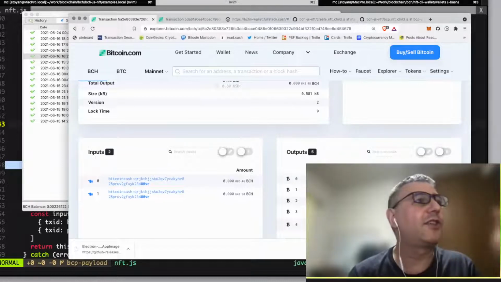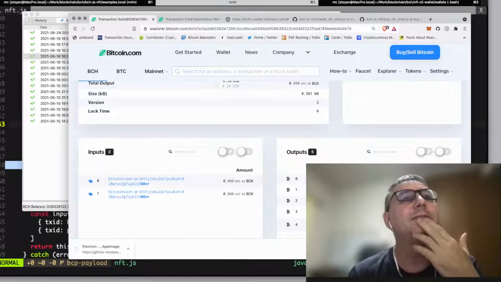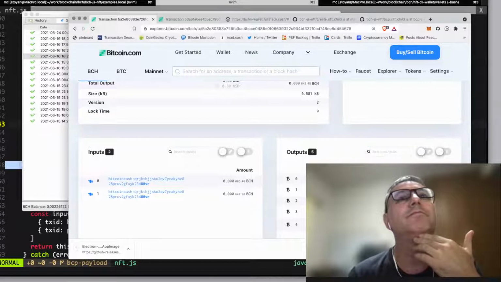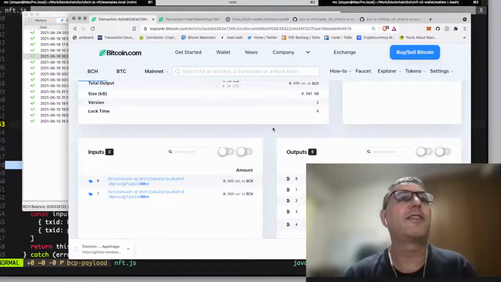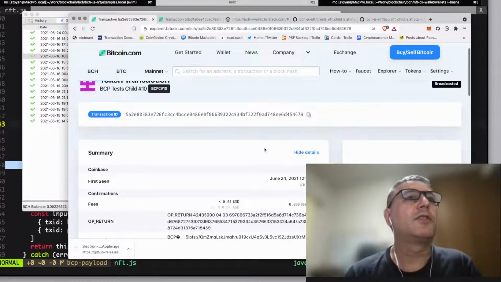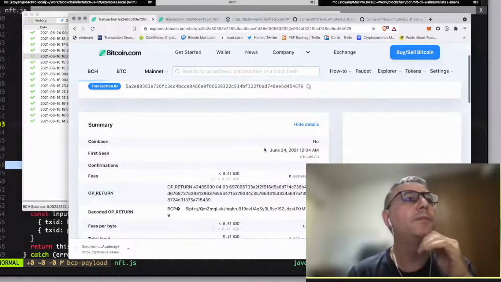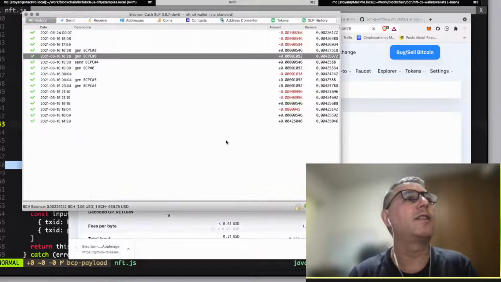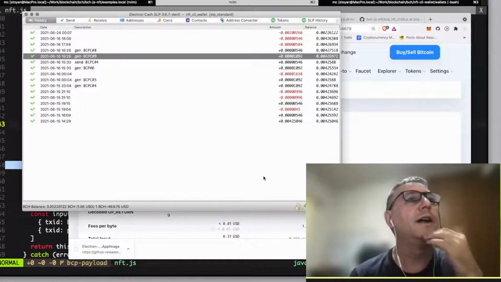If I switch the outputs, would it show properly? Well, if you swapped the OP_RETURNs, then that would not be a valid SLP transaction. The SLP specification requires the first OP_RETURN to have the SLP information. So it's just a display problem; these tokens are validated, so they're valid SLP.